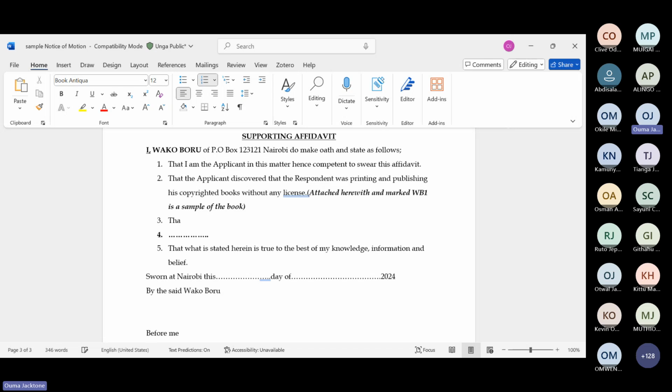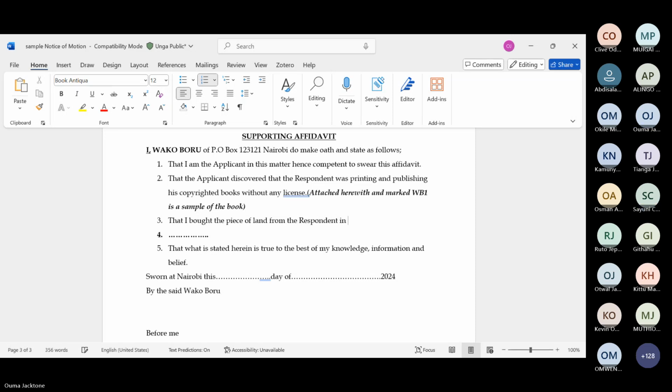Because it is you making the application, you are speaking in the first person. So I, the first pronoun, so that I bought the piece of land, okay, from the respondent